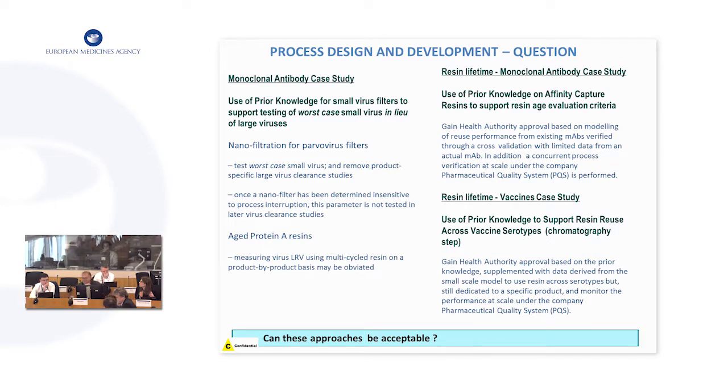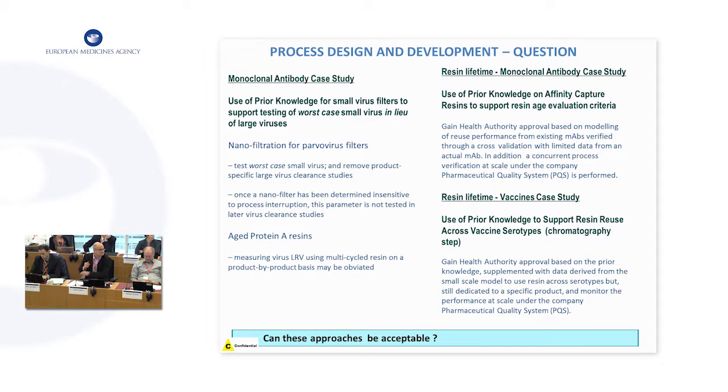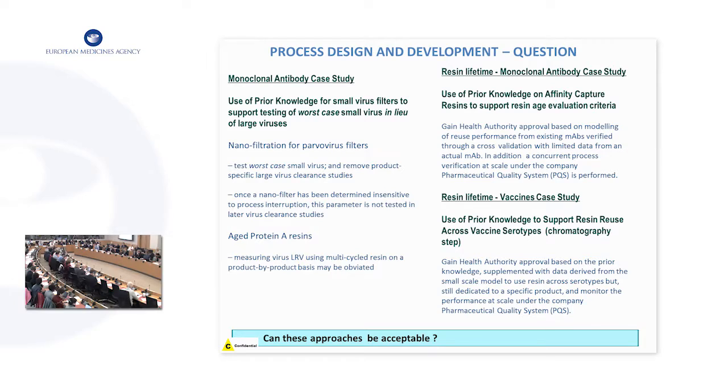Mats? No, maybe a comment on the vaccine case study here, that as it appears here, and again depending on what we're talking about, particularly if they are pneumococcal or polysaccharide vaccines, they may be of slightly different chemical nature, but it appears that this will be checked in the small scale model that an acidic, neutral, or basic polysaccharide will be captured, and as such, I think the way here would be to have a kind of concomitant validation